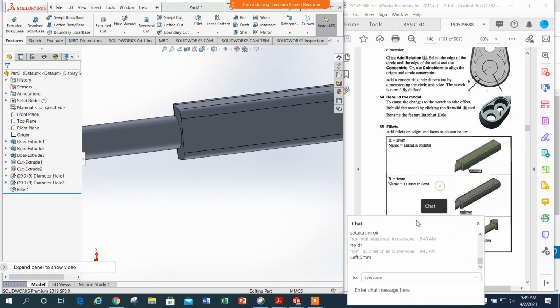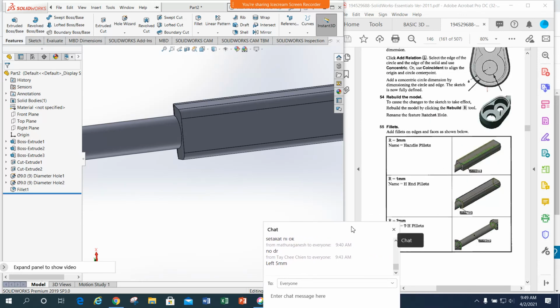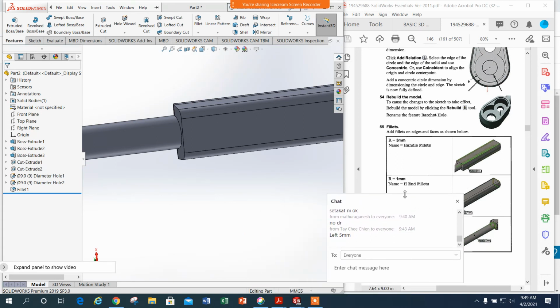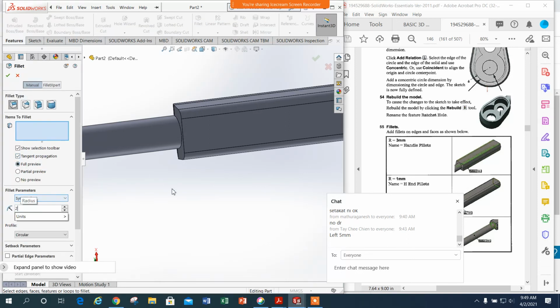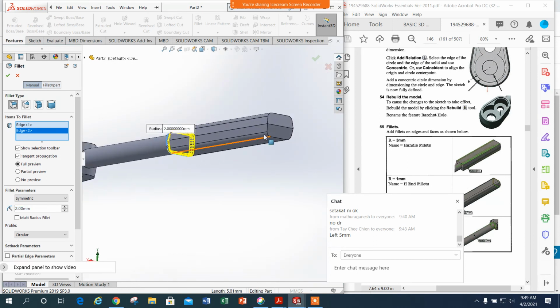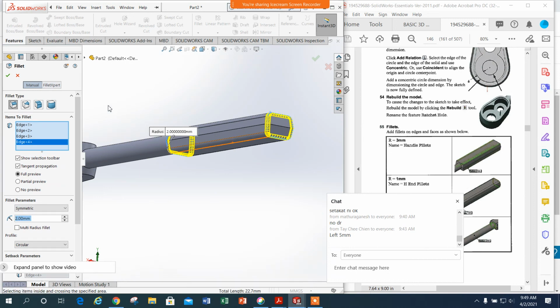Okay, alright, and then another one is, what is this, okay, and the fillet there is 1mm, the one there 2mm. Alright, so another one is 2mm. 2mm where? Here. 1, 2. Same for this one. This one 1, 2. Click OK. And then